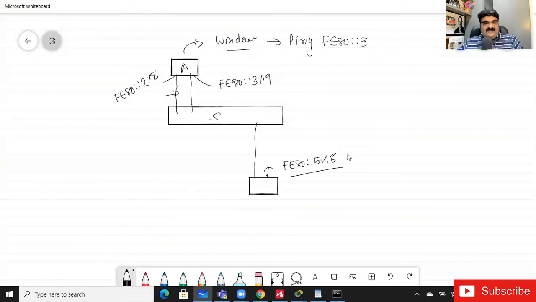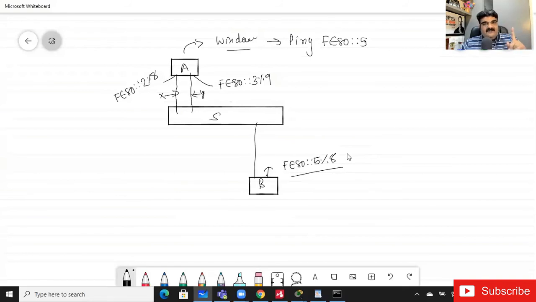I have two NICs, so I'm going to name them X and Y. I want to ping from A to B using NIC X, and it must use NIC X only. I don't want to send the data through NIC Y.